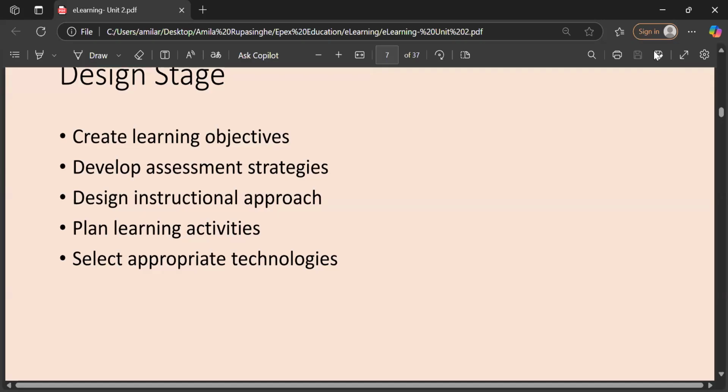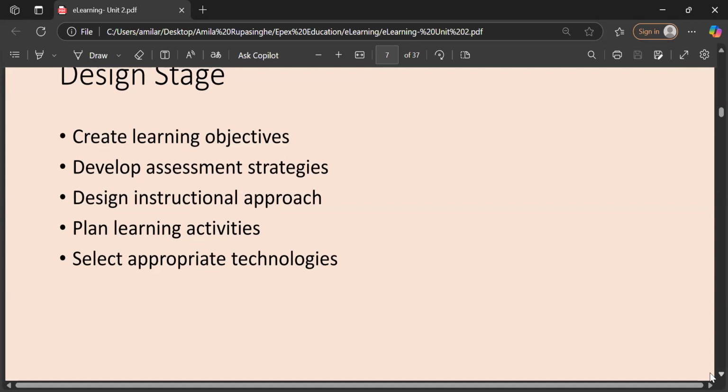Then you have to plan activities for them. Then the technology, that is the important part of e-learning. Then you have to select your appropriate technology, right? In the design stage, you have to do all these things.